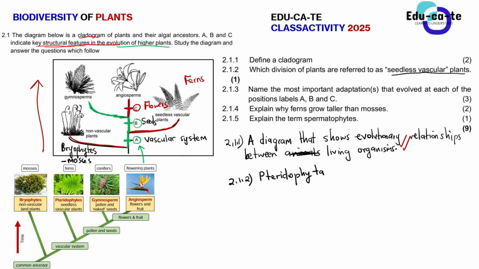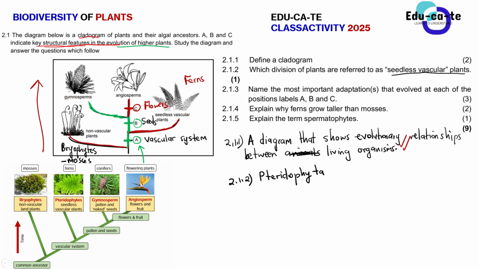That's how you interpret a phylogenetic tree, because it just shows you how a plant changed from being like this to being like that. In this case, how did the bryophytes or the non-vascular plants change to become the seedless vascular plants? They developed a vascular system, or a xylem and a phloem. How did the pteridophytes or the seedless vascular plants change to become the gymnosperms? They developed seeds. How did the gymnosperms change to become the angiosperms? They developed flowers. But the idea here is just that a phylogenetic tree must show you what changed for one thing to change to another.